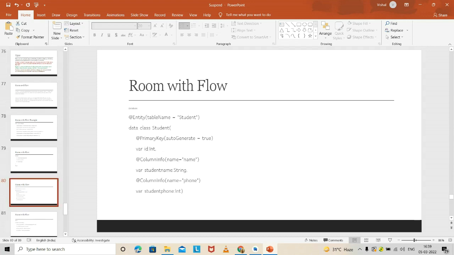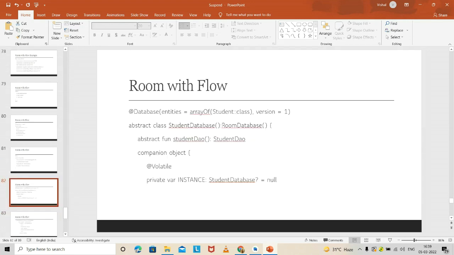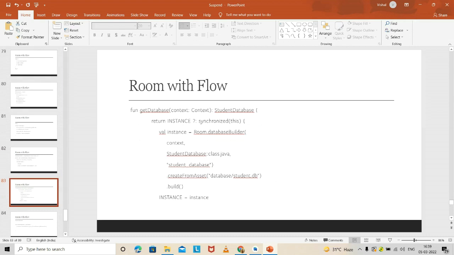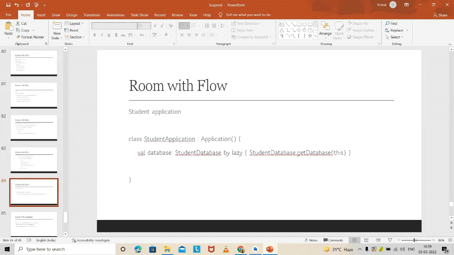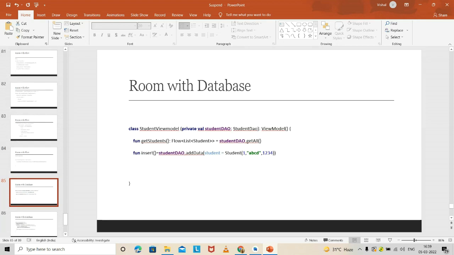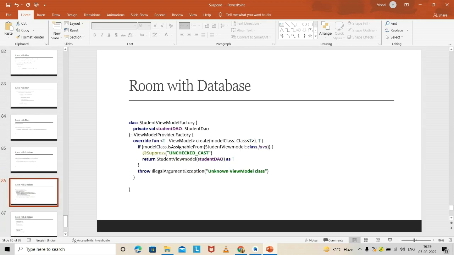Then we go with simple database structures, in which we create our entity, our DAO, and our database, and then we can call it. Then again we have to work with our main application, and that main application calls our database. And also we have to work with view models and a view model factory to call that. Otherwise you can call it without that, but today we'll check how we can work with the view model